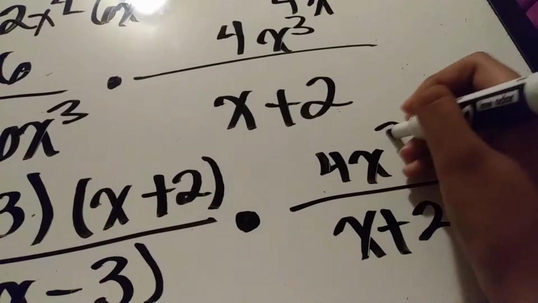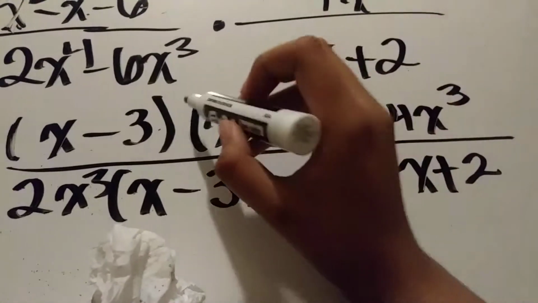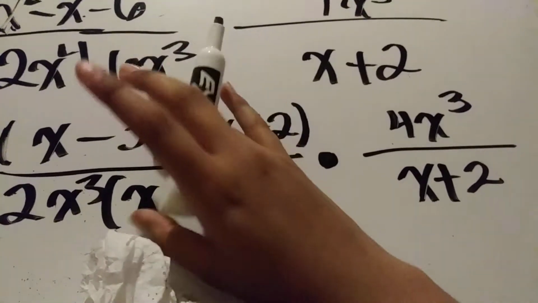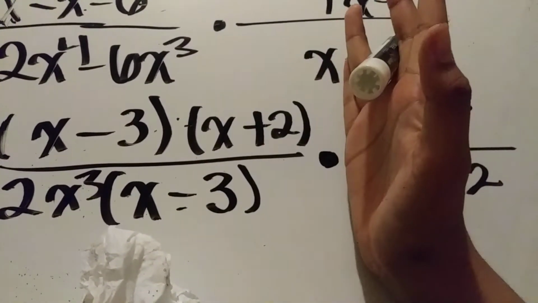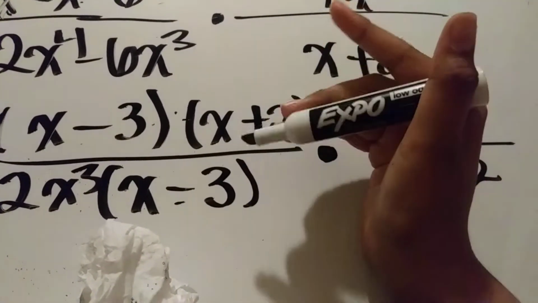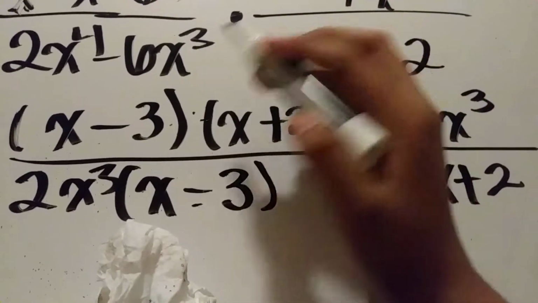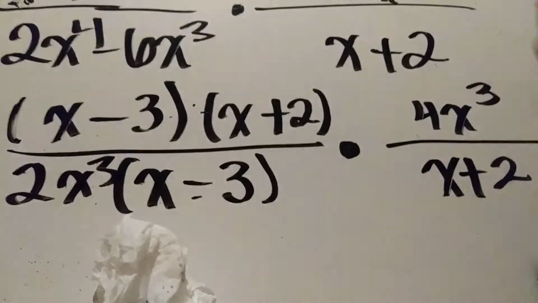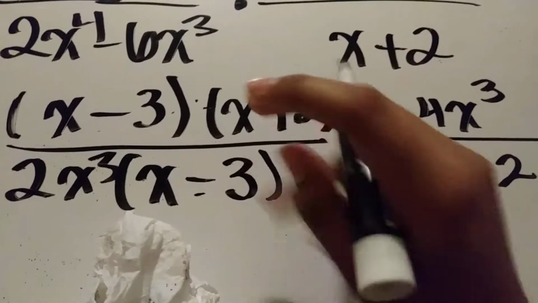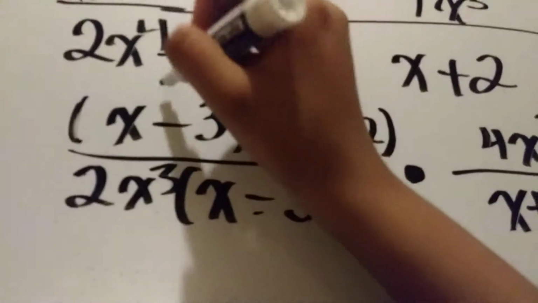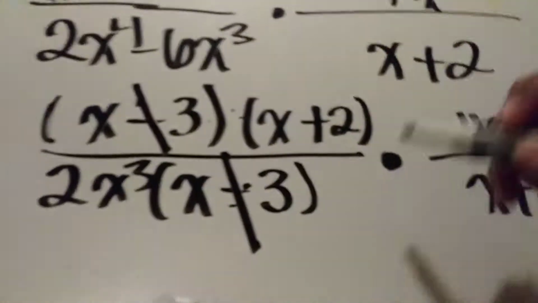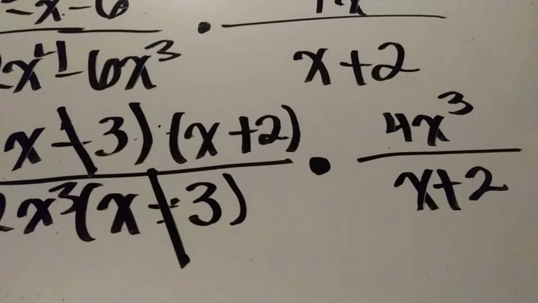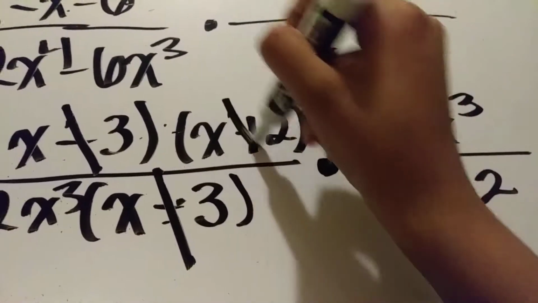And now you can choose whatever you want. You can either factor these out first by just dividing and not looking at that yet. So I guess we could just go into that because we're going to do both. We're going to both cancel out from here to here and cross multiply. So let's cancel out the x minus 3, and then by cross multiplying, because we can do that, we can cancel out these 2,